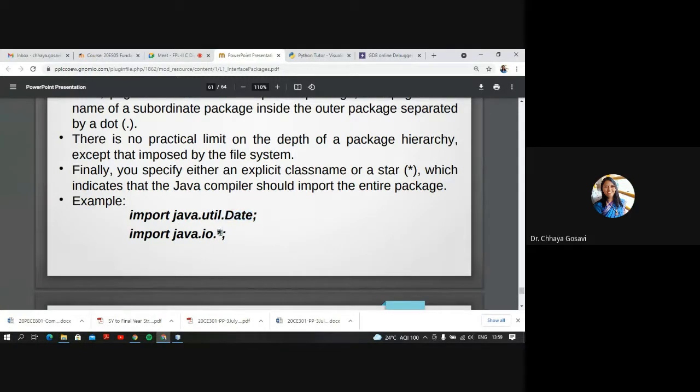Or if I want to carry out input output operations on various input output devices, then instead of importing each and every class, I will say java.io.*. So import is a keyword, java is the topmost package, followed by this is also a package and this is a class.